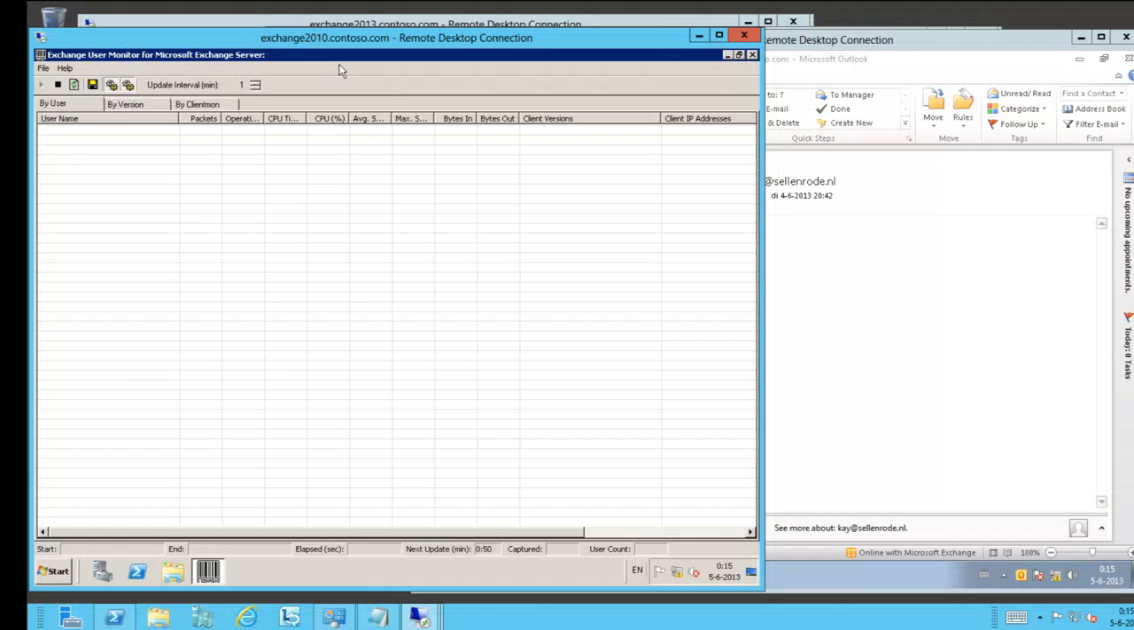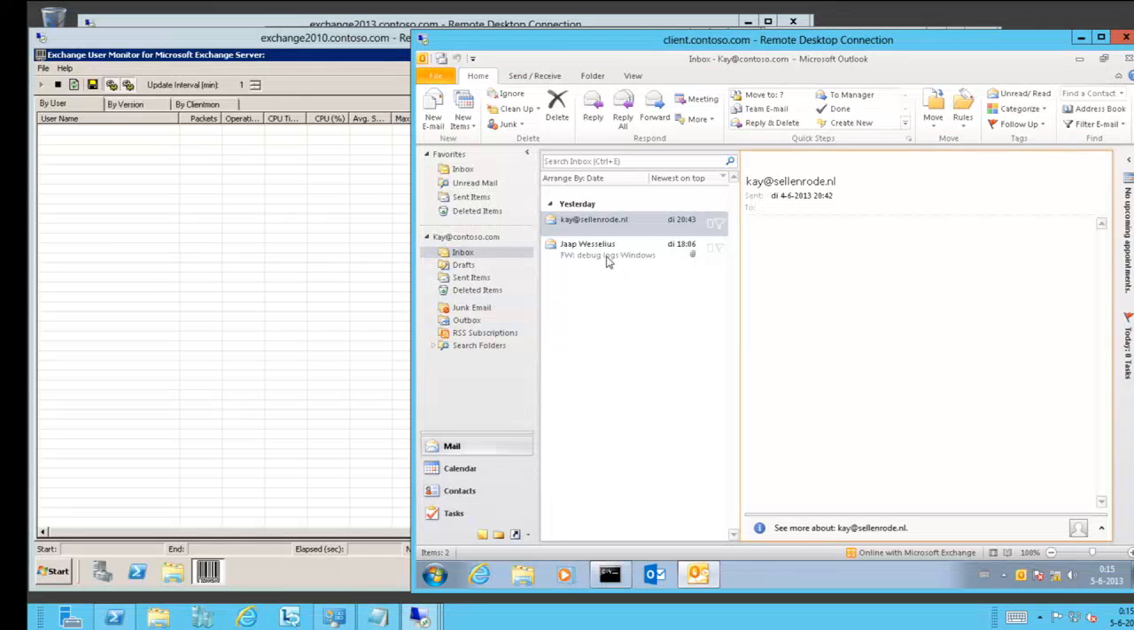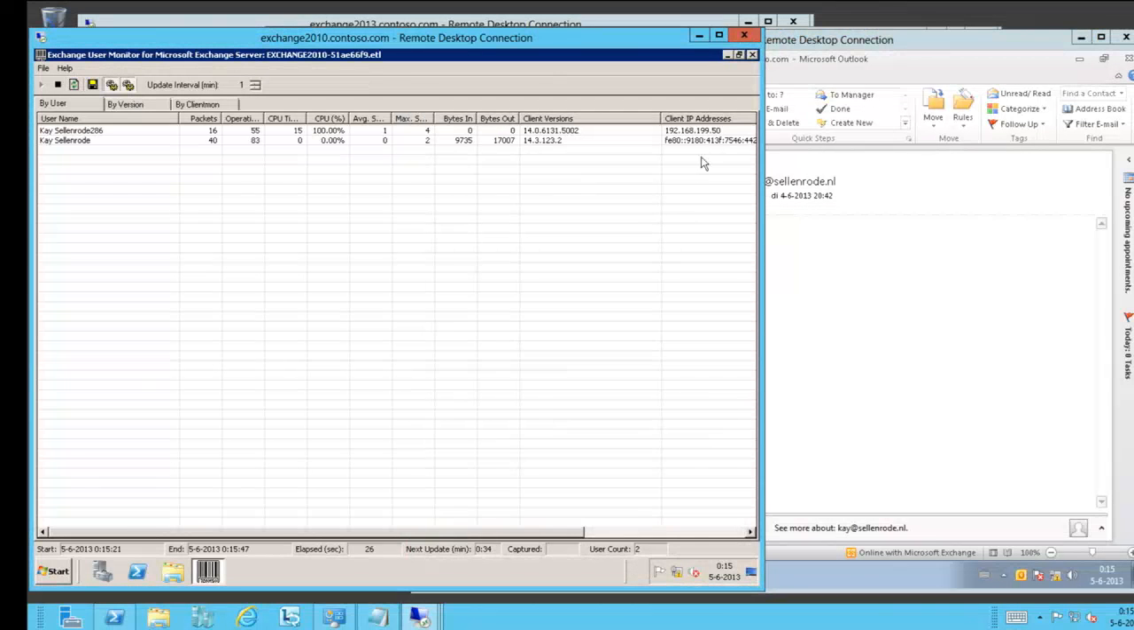There's a tool, and it's been around for several years already, and that's the Exchange User Monitor. That one gives you insight into which clients are connecting to your Exchange server. So, here we've got it. If I'm switching between mails, and I look here,